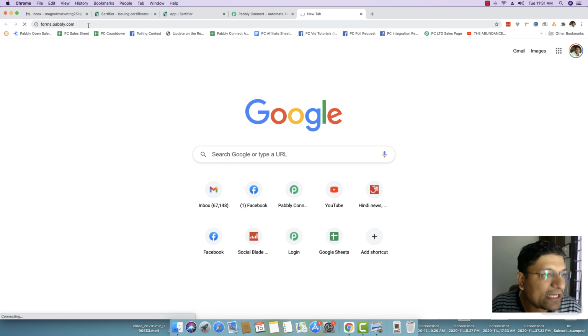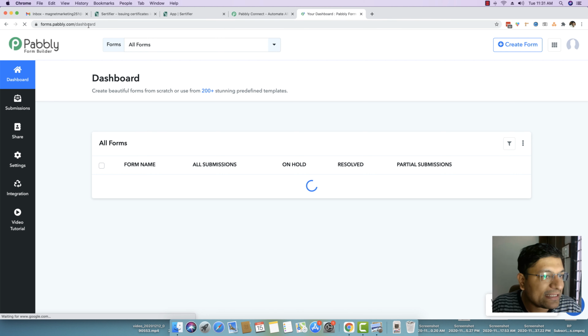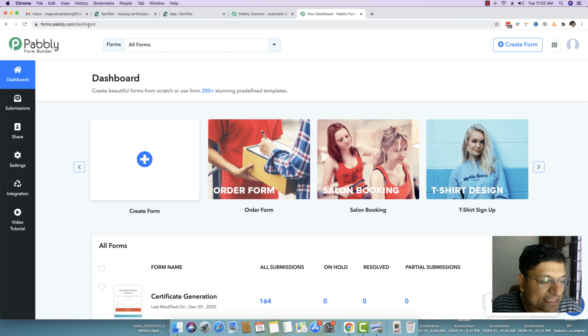We will be creating a dynamic form which your customers can fill along with their first name, last name, and email address. As soon as they fill out that form, we will instantly send that data to Certifier for generating the certificate. And once the certificate is generated, Certifier will email the certificate directly to the person's email, whatever email is filled inside the form.